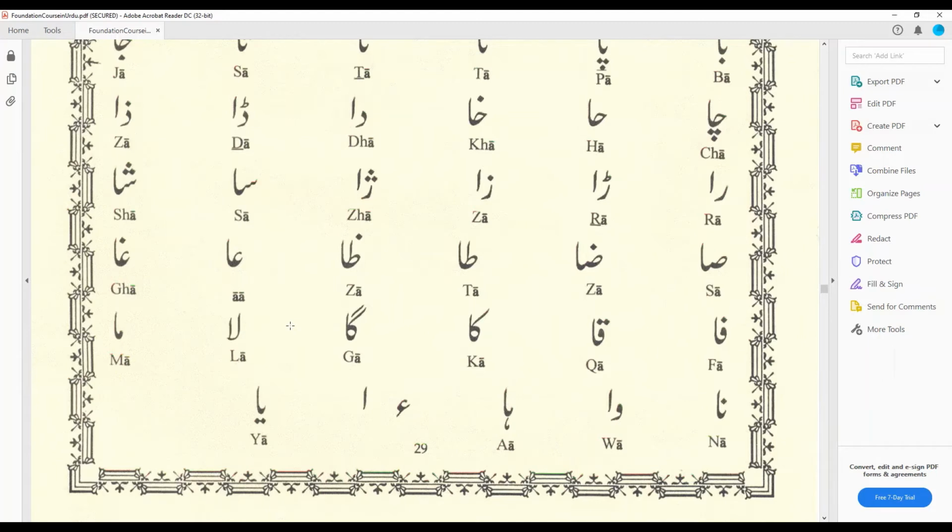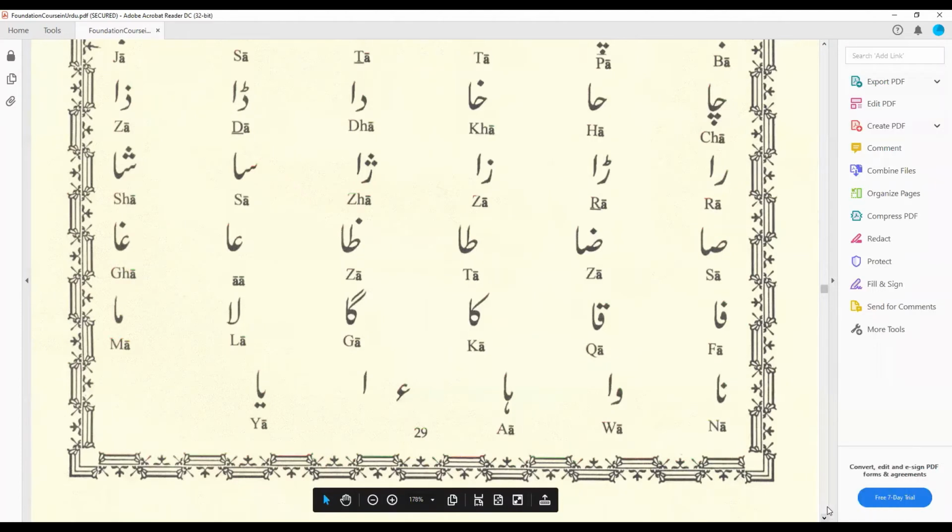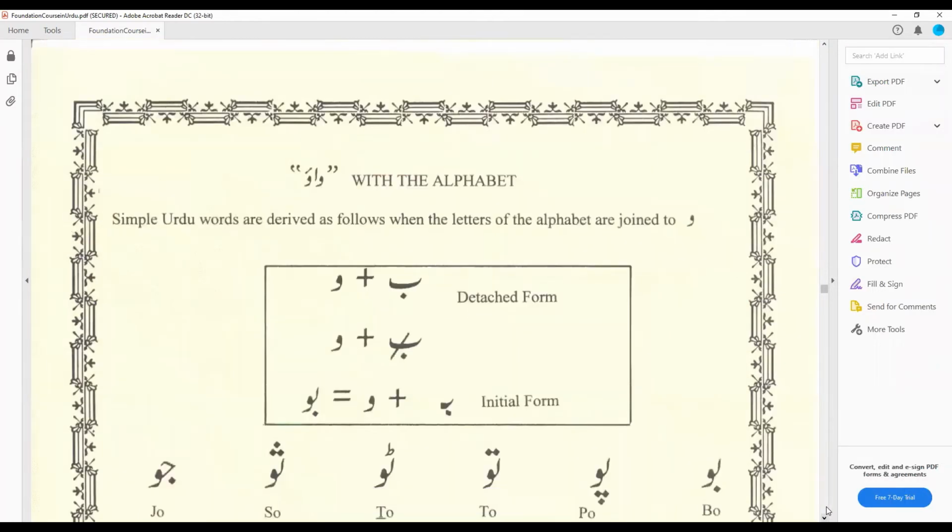You know the Urdu alphabet, something? That's fine. We are practicing two-letter words at the moment. So we practice all the alphabet with alif. When one alphabet is joined with alif, what will the sound be, how will you pronounce it? We already did alif, and we are going to our next alphabet, waw.